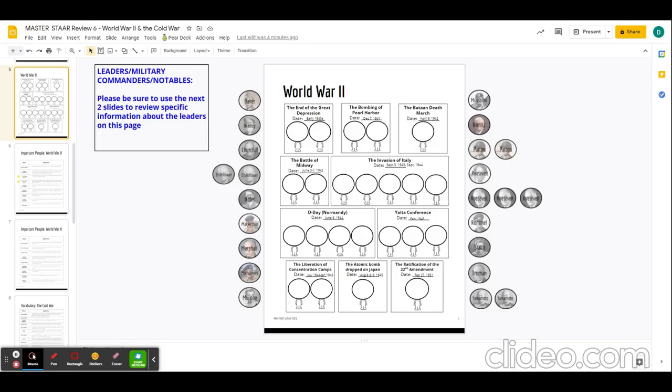We're going to start with the end of the Great Depression. And we can't pinpoint that down to a specific month, date, and year, but we can say it's the early 1940s. Remember, on the previous slides, we talked about the significance of the Lend-Lease Act. So there's 2 people that are important for us to drag to that box. So this, of course, is within the United States. So we're going to be looking for American leaders. So we are going to take President FDR and drag him over.